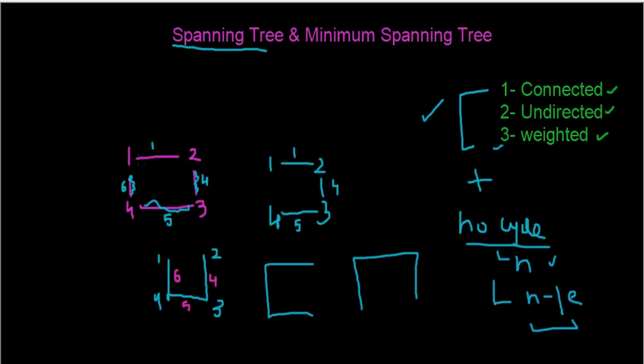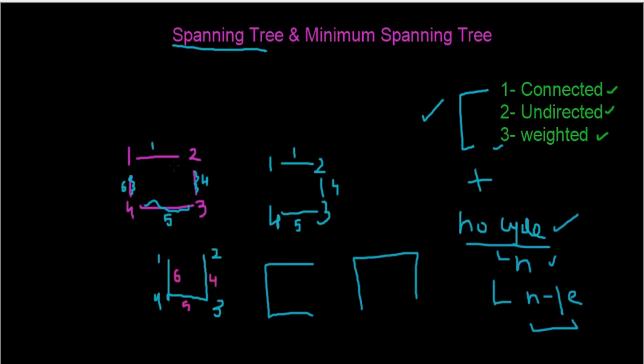You can clearly see here that my graph contains 4 vertices and my spanning tree contains 3 edges, right? 1 to 2, 2 to 3, and 3 to 4, right? And all of my graph is a connected graph, right? My graph is not a disconnected graph. My graph will remain connected, but it will not contain any cycle now, right? So this is an important condition for a graph to be a spanning tree, right?